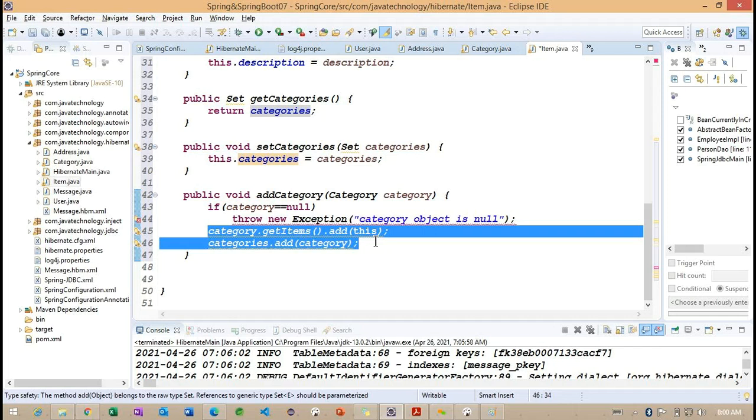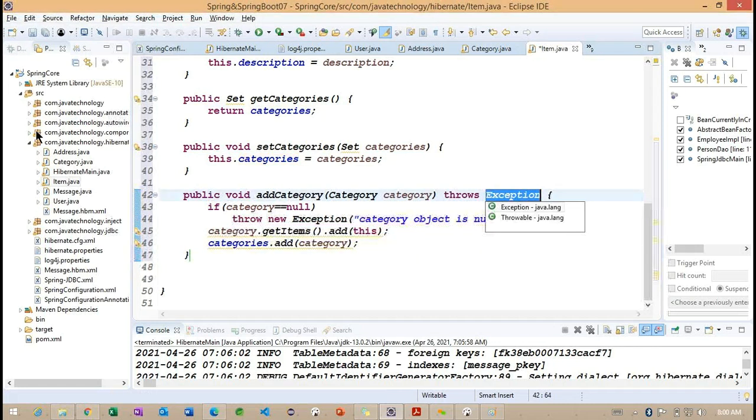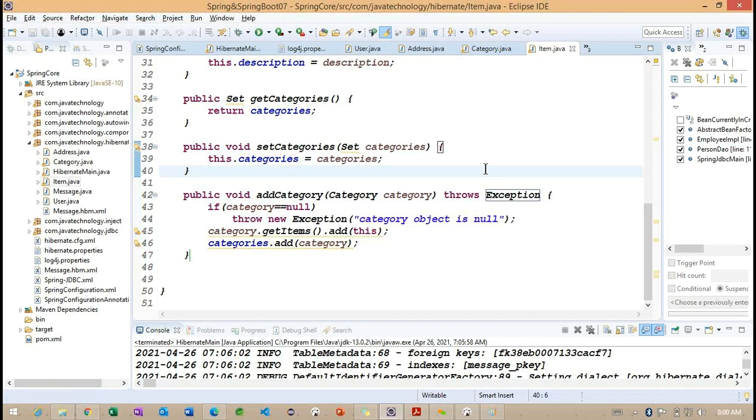We'll have more information on this category and item in our tomorrow's class, when we discuss the mapping configuration and have more understanding. While creating objects of these two classes, we'll focus on more information. As of now, this category and item example is not yet completed. Once we create the mapping information and insert one record into the database, then we can understand how the data is mapped with the other model classes.